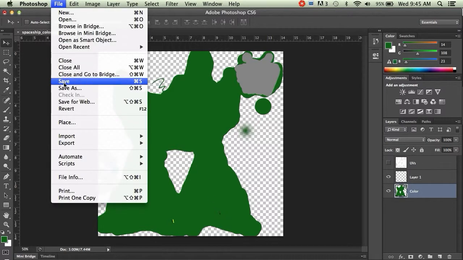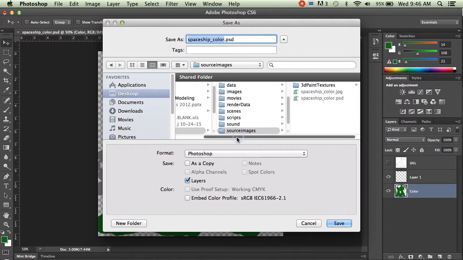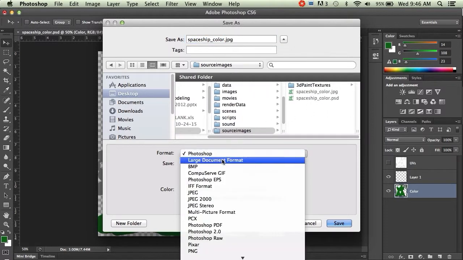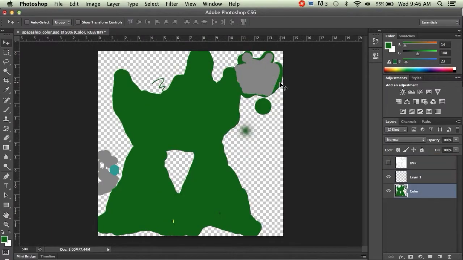So we're going to go up to File, Save As. We're saving this in the Source Images folder in our project, in our Spaceship project. And I'm going to save this as a JPEG. And I'm going to call it Spaceship Color because it's going to go into the color channel, which you will see right now. So I'll save this. Yes, I have to replace it. That's good. So then over in Maya,